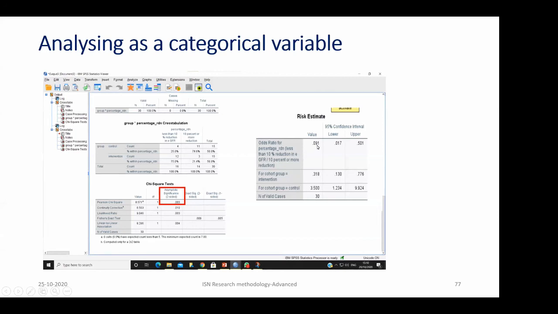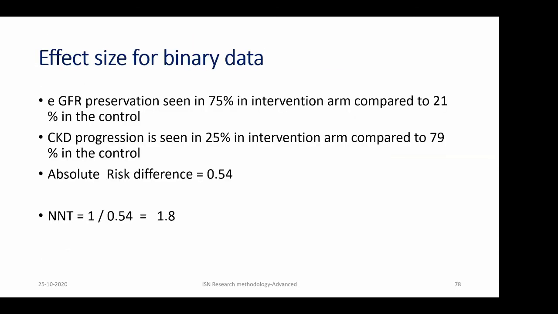The odds ratio of the intervention, either direction you take, is going to be the same. The odds ratio is going to be 0.09, whereas the risk ratio is going to be 0.318. Generally, in RCTs, the odds ratio tends to be better when compared to the risk ratios. The only thing is when you're doing a meta-analysis, you should not confuse between the odds ratio and risk ratio. If you confuse risk ratio for odds ratio, you might end up coming to a wrong conclusion. And this is the effect size. This again I have discussed last time.